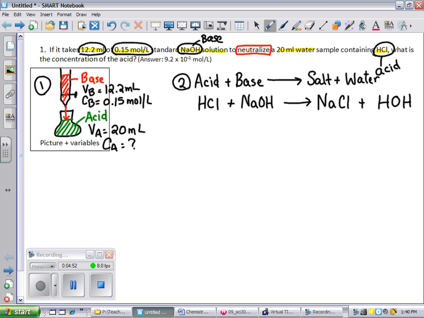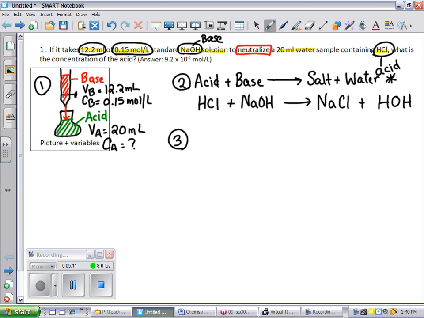If you can't do this step because you're unfamiliar with double replacements and what salt will be formed at the end, it's okay to just write down acid plus base produces a salt plus a water. So after we write down the formula, the third step would be to find the equation that will help us